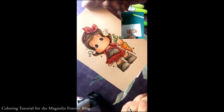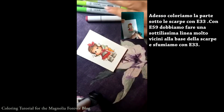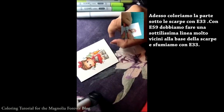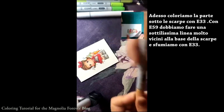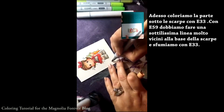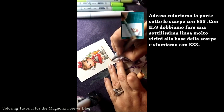All right, so you can see what she looks like now. Now, to go around Tilda's area to give it a bit more shade. First of all, it would be nice to give her a bit of ground for Tilda. So Maria, let's use our E33, what we used for the hair. All right? And let's draw a line